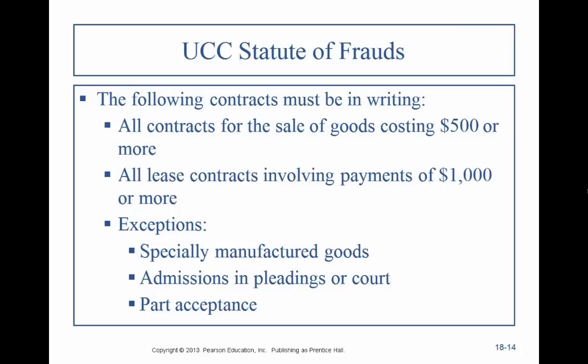And we've learned about some of those already, things like, unrelated to the sale of goods, a contract for the sale of real property, right? If you wanted to, two willing parties could perform on a contract that is completely an oral contract, but in order for a court to enforce it, they need to see something in writing. Right? And in the case of real estate, they need to see a lot of formality under state law, right? So another example of a contract that needs to be in writing are sale of goods over $500